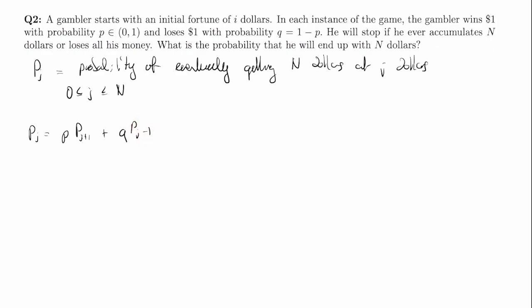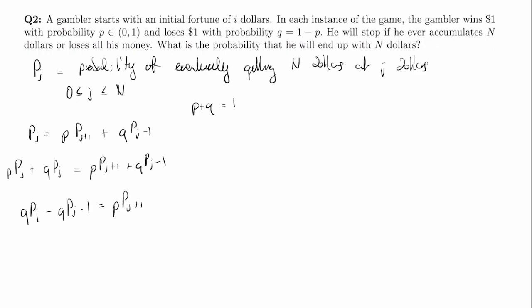Now we'll actually rewrite this equation. Since we know that p plus q is equal to 1, we can write this left-hand side as (p plus q) times Pj, right? We just multiply by 1, which doesn't really change it. And then we can distribute this out to get p times Pj plus q times Pj. And so on the right-hand side we still have p times P(j+1) plus q times P(j-1). And then if we take this term to the left-hand side and this term to the right-hand side, we get that q Pj minus q P(j-1) is equal to p times P(j+1) minus p times Pj. We can factor out a q here and the p there, so we get that q times Pj minus